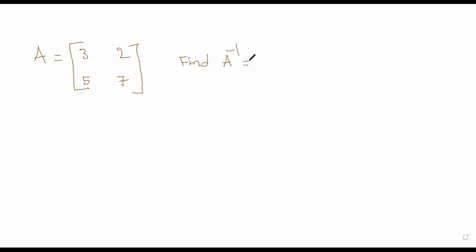Okay, so 77 like that. 27 minus 22. 55 minus 55 and 33. Yeah, got it. So you got 1 by 11. So you have 7, 3. Exchange these two, minus 2, minus 5. That's it. Minus 2, minus 5. You have to multiply 1 by 11 inside. So it's very simple.